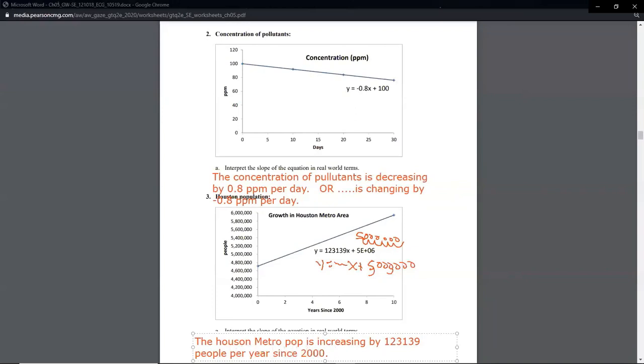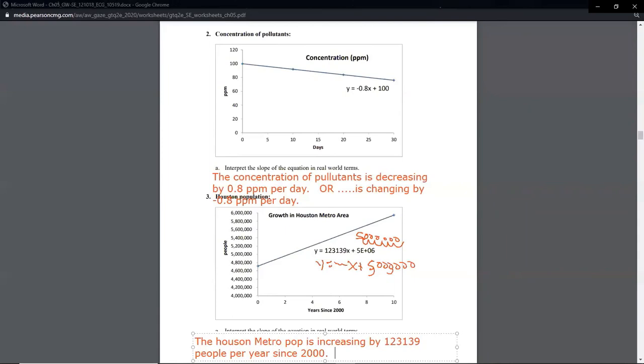a little better, whether we're talking about population growth, whether we're talking about dispersion of a virus amongst the population. We can have more accurate details when we look at a smaller time frame. That's how we make models actually work, by looking at a small time frame instead of a large time frame. Now, the idea of small and large depends on the type of model. Right now, we're dealing with linear models. We're going to graduate to exponential models eventually, and exponential models can look at a longer time frame.